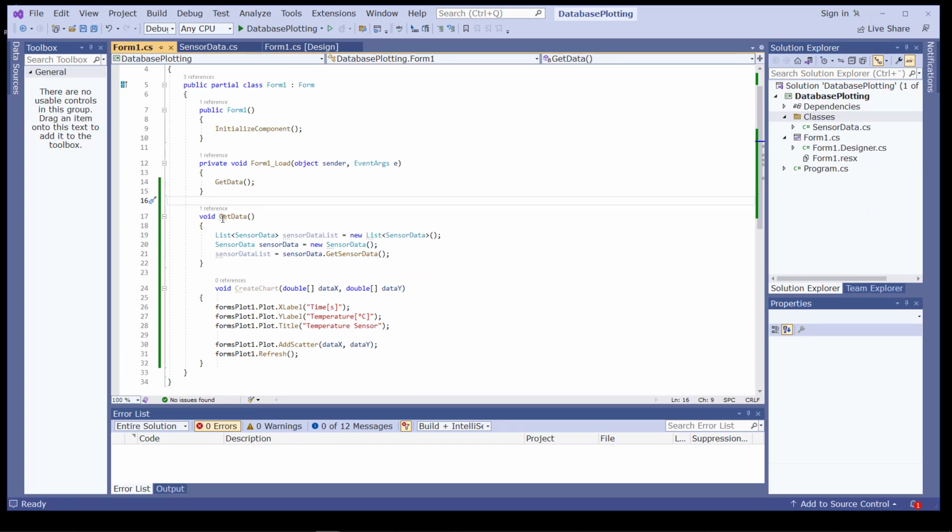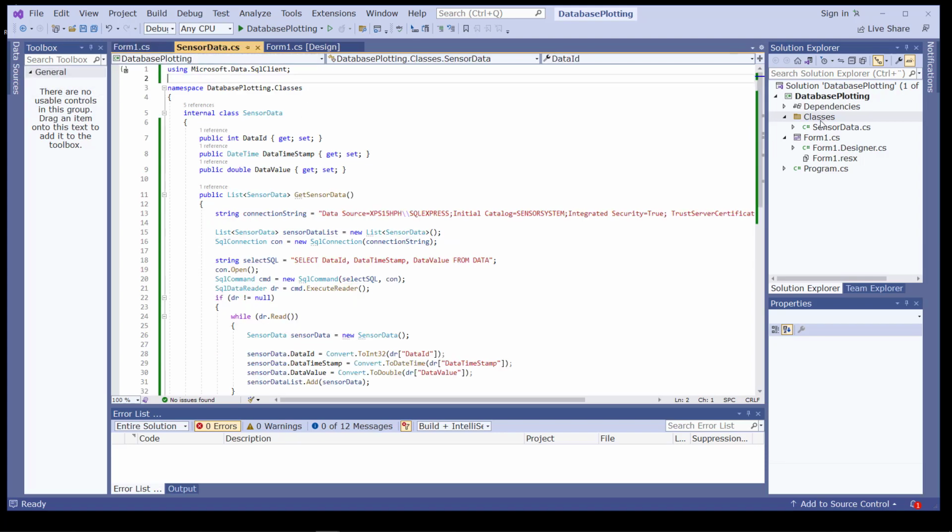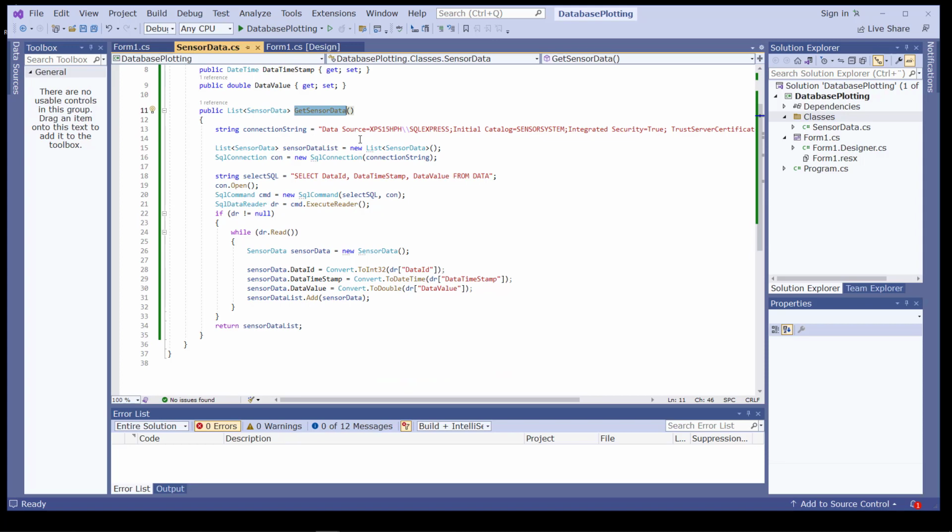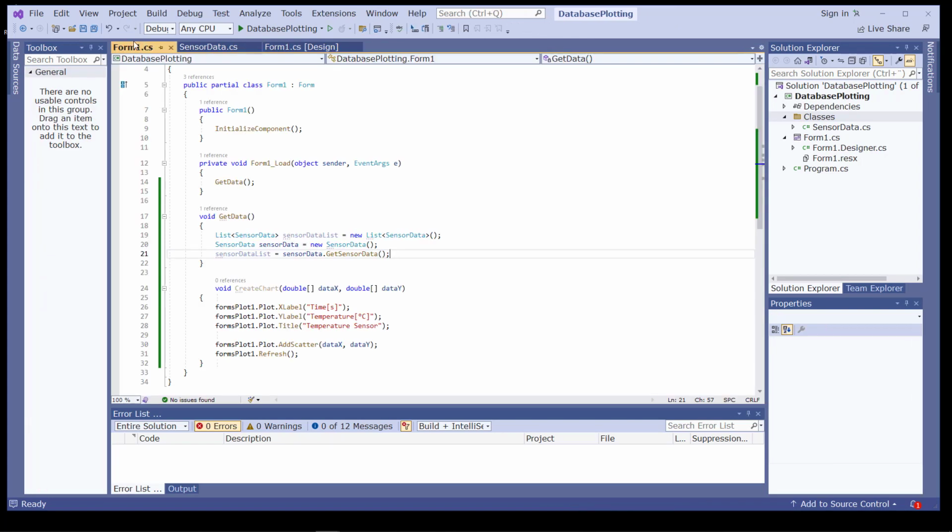So now here in this get data function we have created, we are able to retrieve data from this get sensor data method that we have created in the sensor data class. This method actually retrieves the necessary data from the database. And then here in our form 1.cs, this data from this method is put into this variable sensor data list. So this is a C# list,